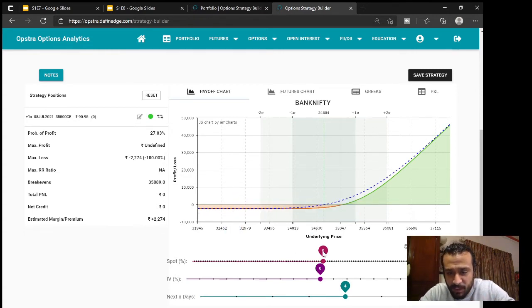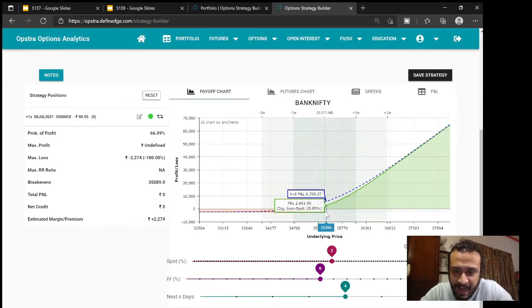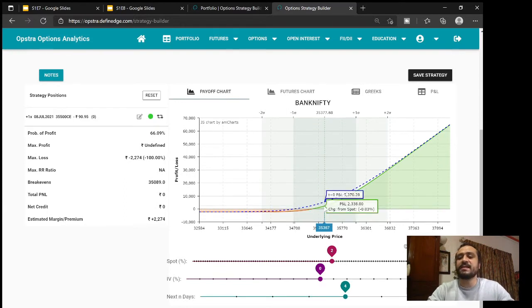So if the spot moves up by say 2% by Monday, what will be the situation? I will be in a small profit. Okay, I will be in a profit of 2300 rupees. Is that clear? So this is not exactly right. I would say not 100% right, because there are some other factors like the volatility that come into picture, which is difficult to forecast and again out of the syllabus. But this gives you a very realistic idea of what to expect with your trade.